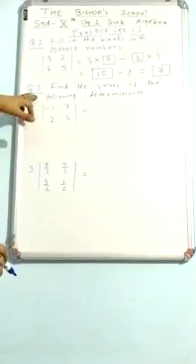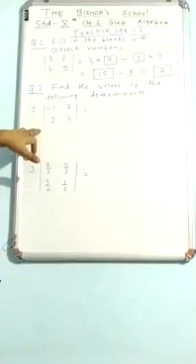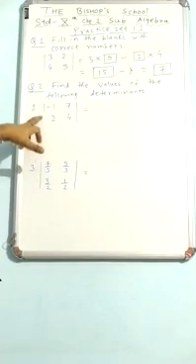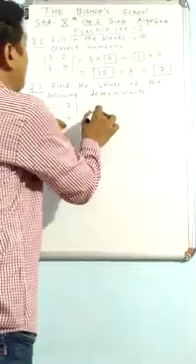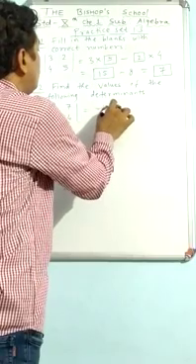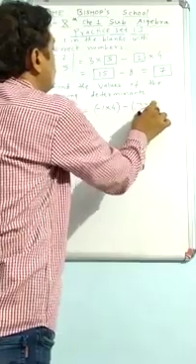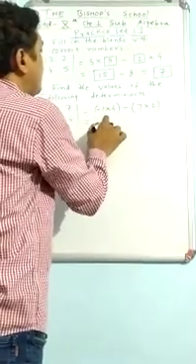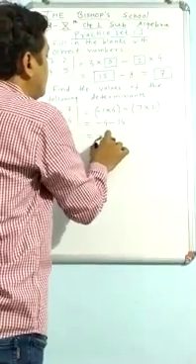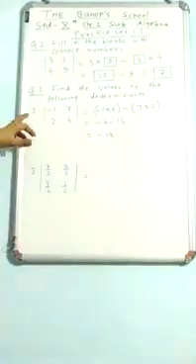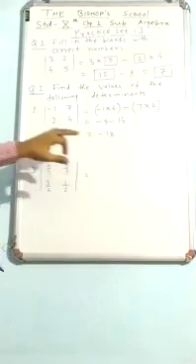Now in question number 2, find the values of the following determinants. We have to calculate the value. First question is determinant minus 1, 2 and 7, 4. So I will write minus 1 into 4 minus 7 into 2. So 4 into minus 1 is minus 4, minus 7 twos are 14. That answer came minus 18. So that is the value of the first determinant: minus 18 is the answer.